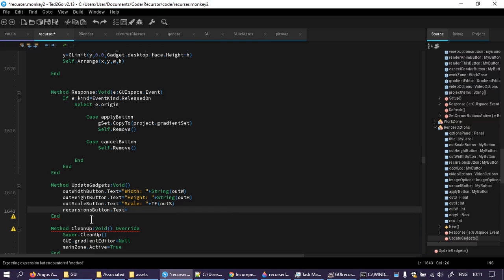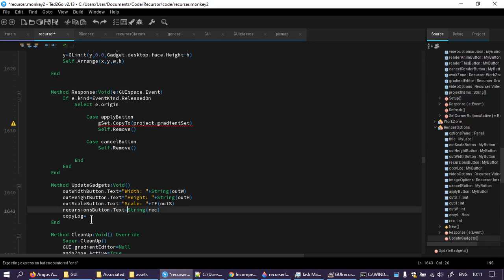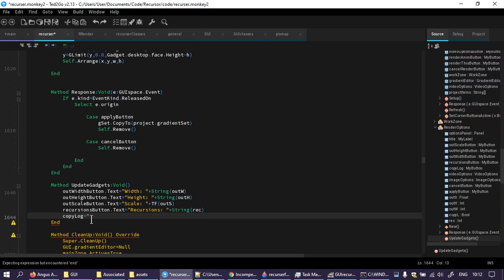Text equals the string of rec. Copy log equals, no, this actually equals recursions plus equals save render log plus